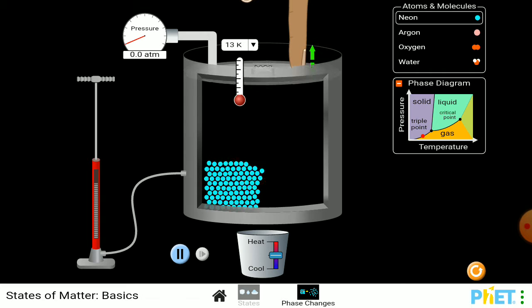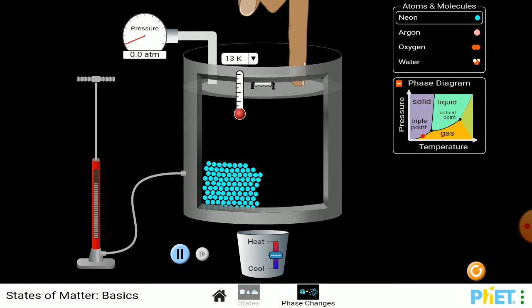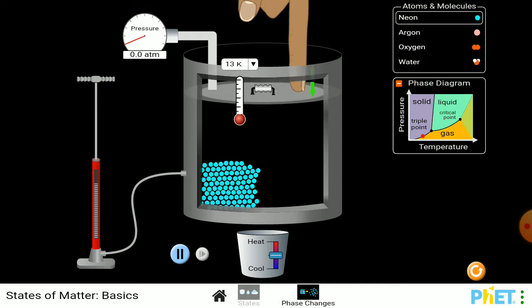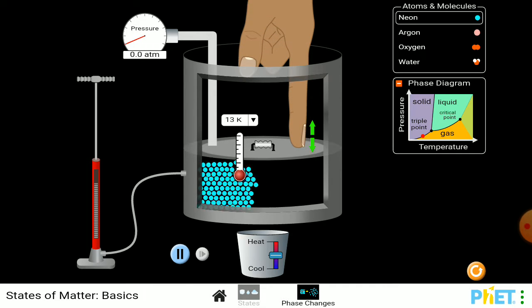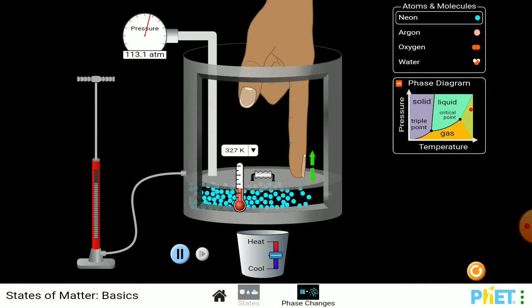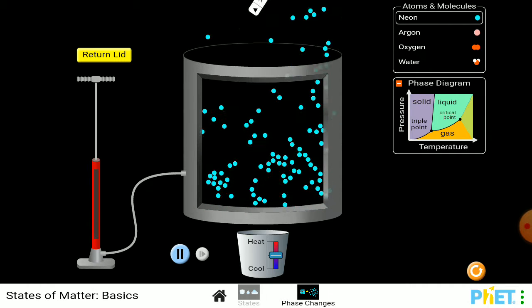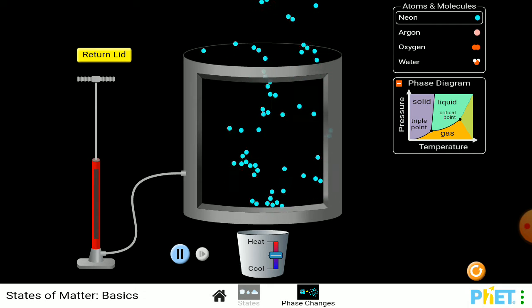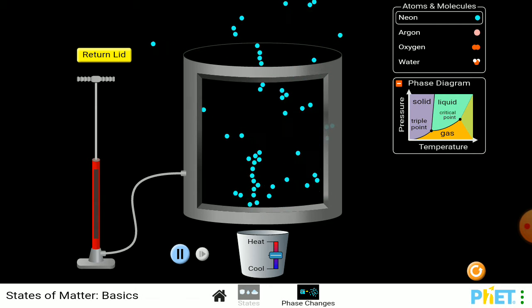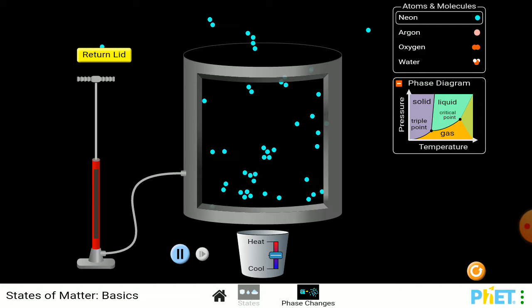See, when this lid continues to go down, now it is also at 13K. And now what will happen when these molecules touch like this? Now press, and they will break this lid. The lid will break and the molecules will come out of the substance in which the molecules are there. So this is how the substance is formed.